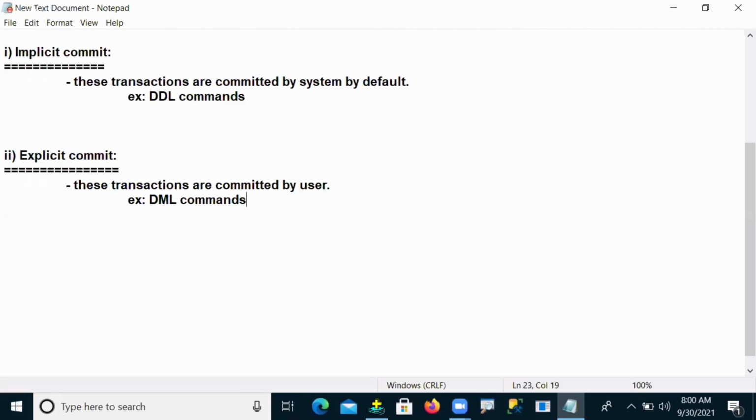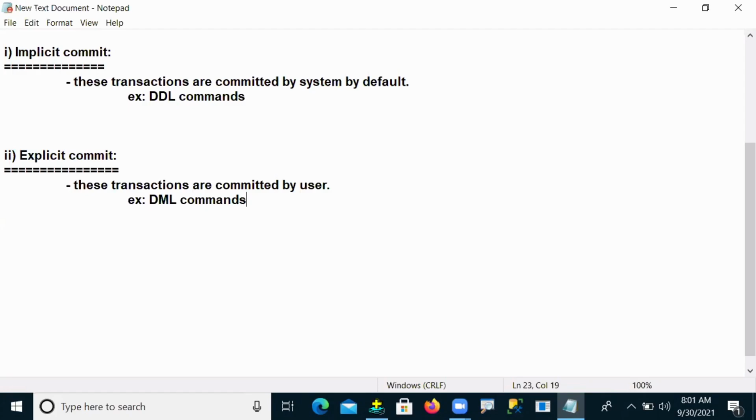If you do not commit DML operations, then every DML operation is performed temporarily. That means whatever data we inserted using the insert command is temporarily stored. Temporarily stored means where? In your instance memory.